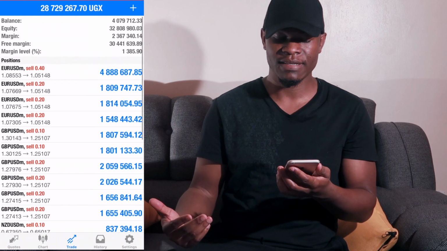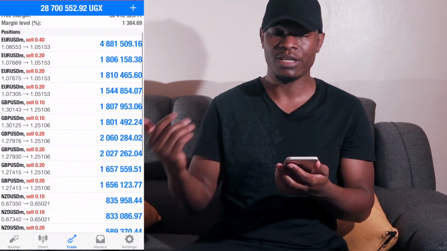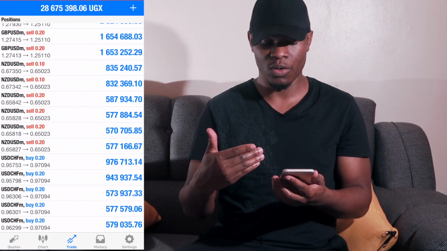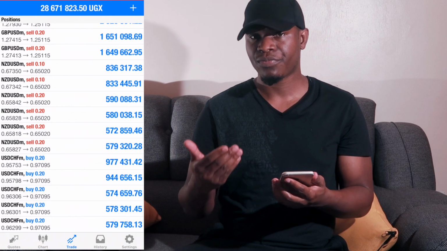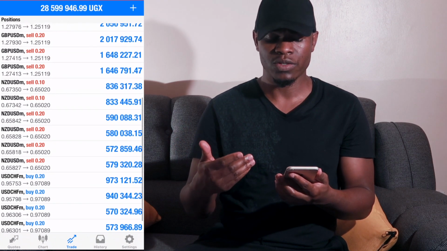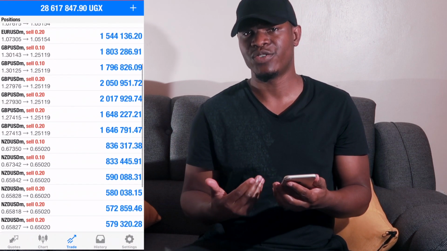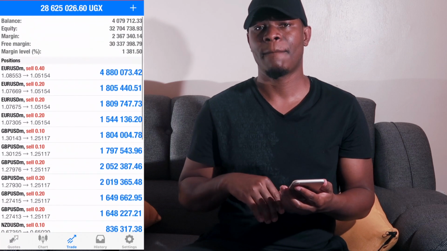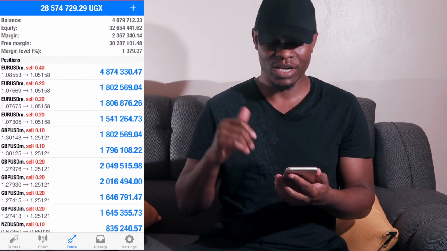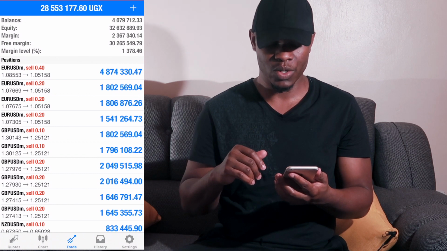And so this was the next day. The equity had jumped to 32 million, and I'd closed some more trades. So I was actually at 4 million. The balance had gone to 4 million. And I was anticipating to close out all these trades in profit. Yeah, it was a good thing. It was a very good thing, guys. As you can see in the screen recording, it was very good.